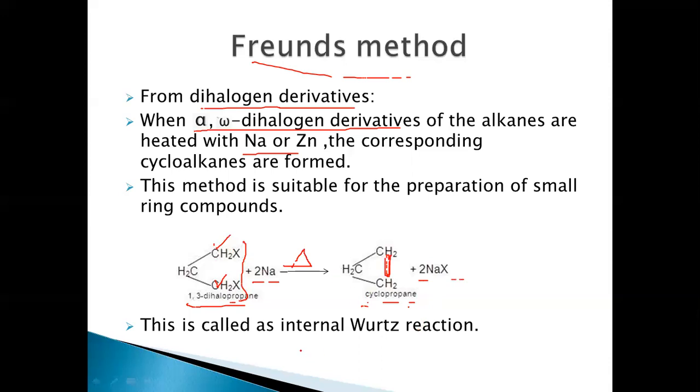This is also called an internal Wurtz reaction, because it takes place within the molecule. So it is like the Wurtz reaction, but internal. For example, if we have n number of carbon atoms in between these two terminal carbon atoms, the general reaction can be represented like this, where n is not more than 6. When treated with zinc, we get the cycloalkane and ZnX2.